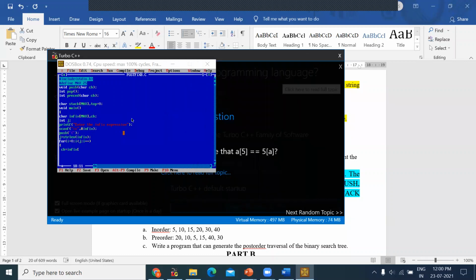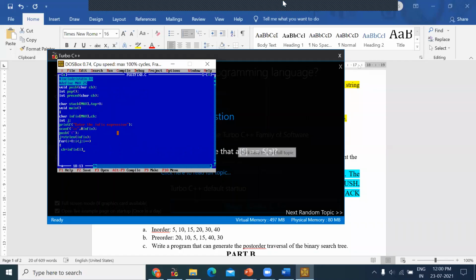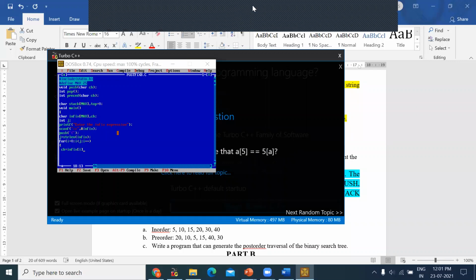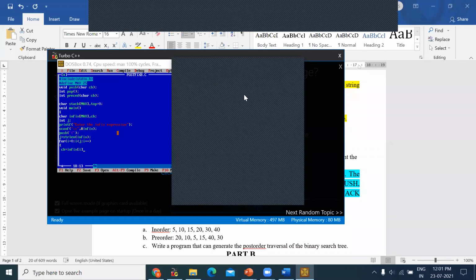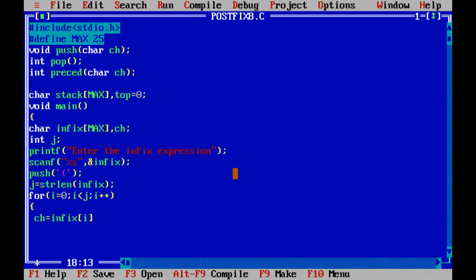Gautam has answered I. What is the first value of I? I should be using I, correct. So what is the first value of I? Manjunath, what is the first value of I in this for loop? If you can't answer this, you need not write the exam. Next week I will directly give you a fail mark. What is the first value? 0. Okay, so here the I value is 0.